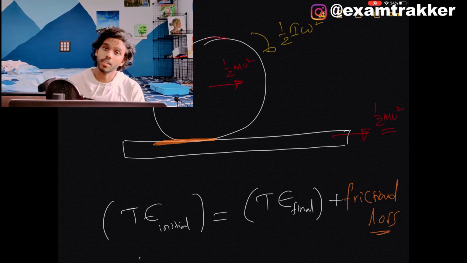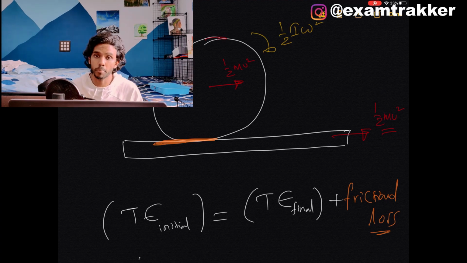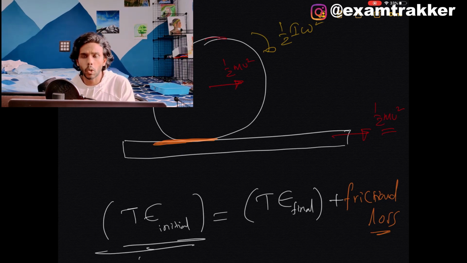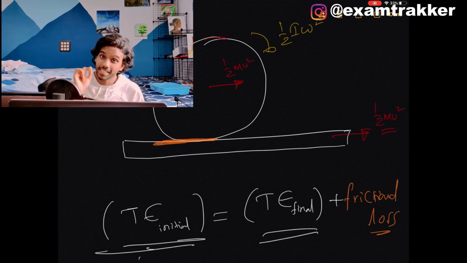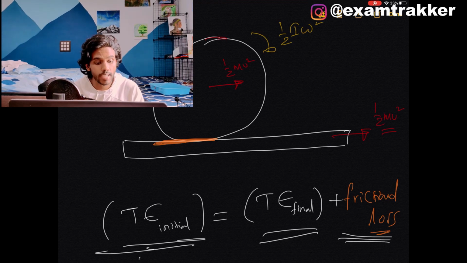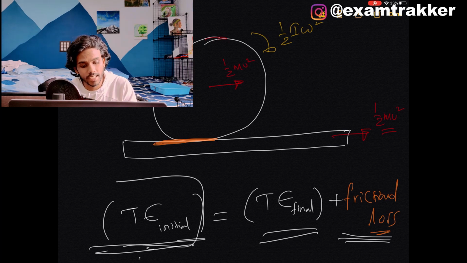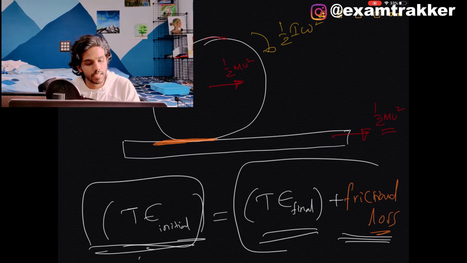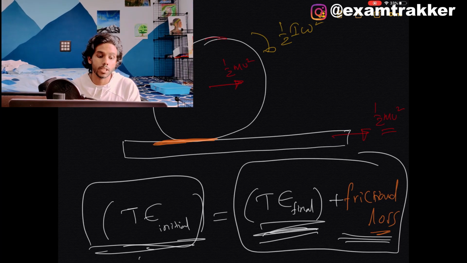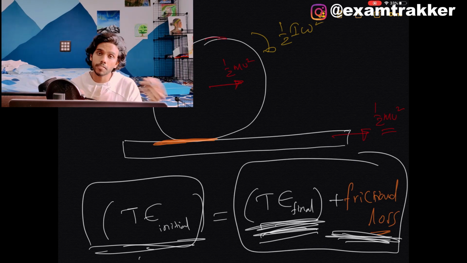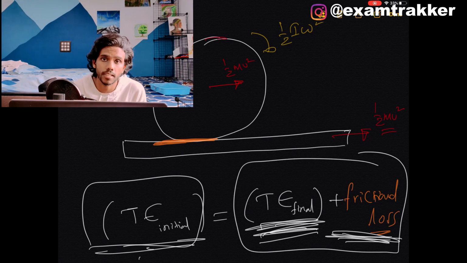Let's consider a huge example for that also. When you have a system like this where there is friction involved, where there is slipping between this disc and a plank, what do you need to do? You simply write the total initial energy of the system and the total final energy of the system. Since there is friction, you have to add the frictional loss also. The total energy of the final situation includes the mechanical energy along with the frictional losses. That's the only difference it makes.